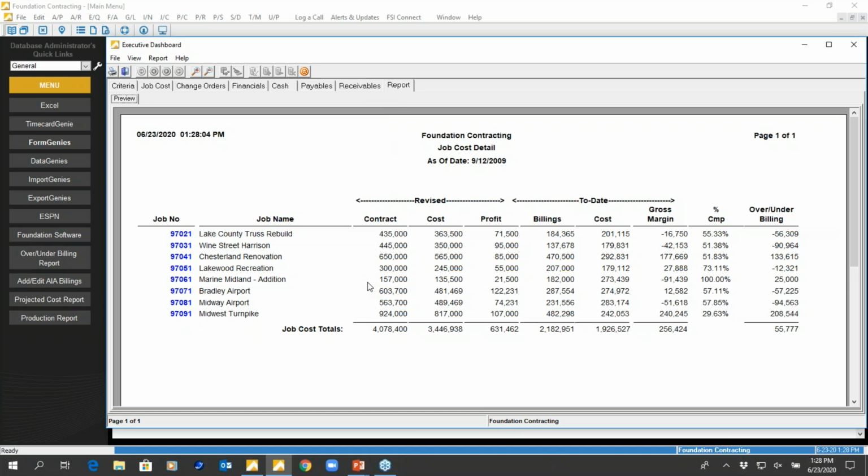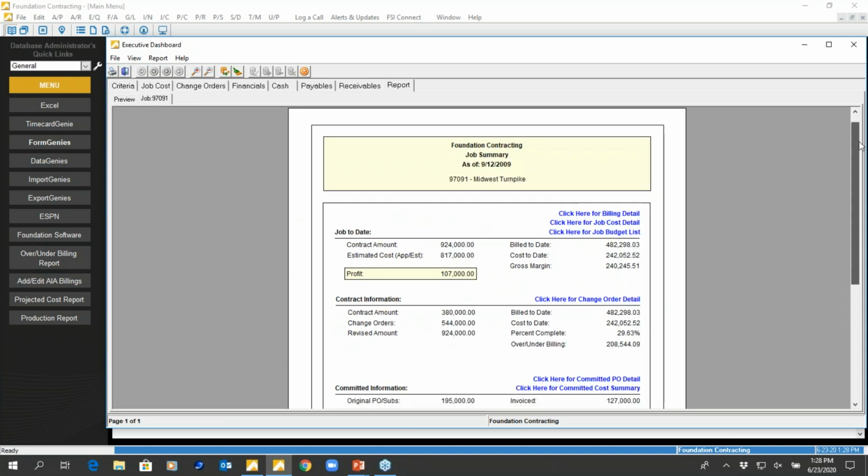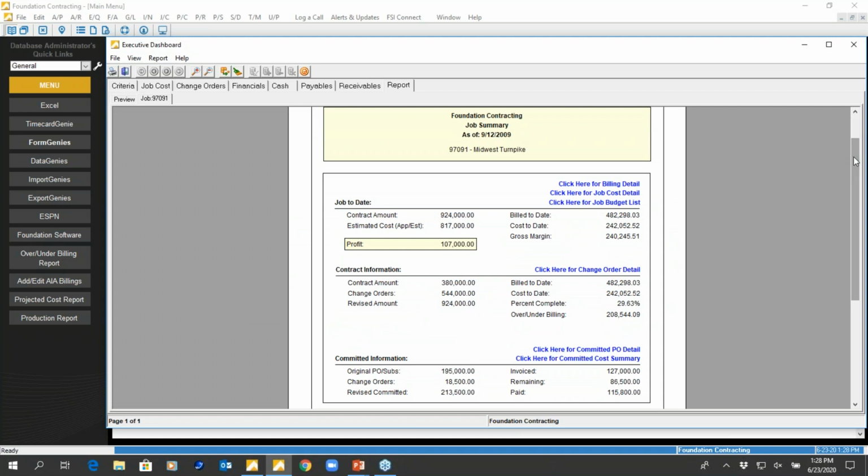They're all nice drill-down reports in here that can take us to as much detail as we want. And I'm able to then drill into this specific job, and now I have everything about this job on one screen. This prevents people from having to run multiple reports, or have a spreadsheet for this and a spreadsheet for that. And we can get very detailed when it comes to job costing,